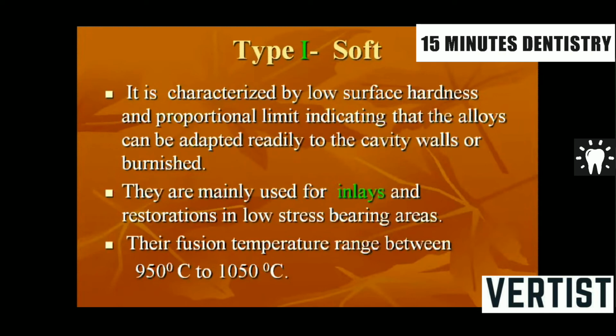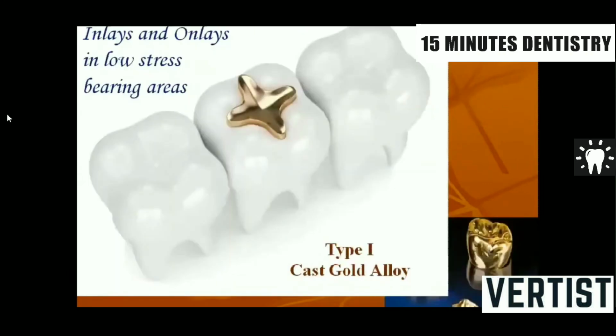So what we need there, the enamel margin has to be, in an amalgam restoration, we plan 90 degree. Here it is planned beyond 120 degree, 160 degree, and 35 to 40 degree metal margin. 30 to 45 degree metal margin is a desirable margin for burnishing of the cast gold alloy onto the enamel surface. How it is done will be taught to you in some time. We're coming to it. So what is fabricated from type 1 alloys is a small inlay like this or a smaller onlay which is present in an area which does not have very high masticatory stress.